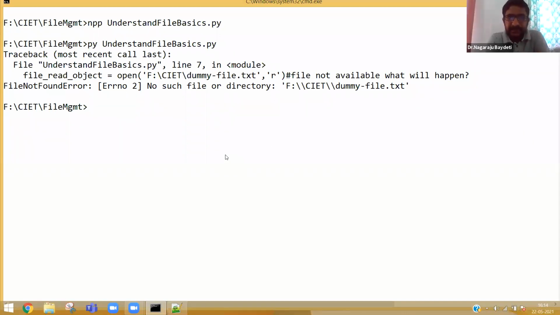This is an exception which got raised and the program terminated abruptly. Now, if you want the program not to terminate abruptly, what do we need to do? We need to search for the file before opening it. That is where we stopped yesterday.